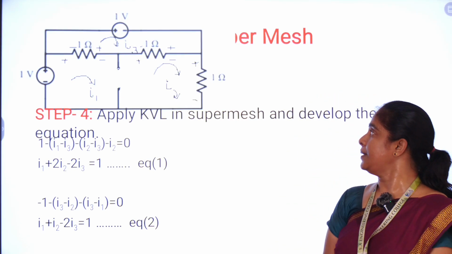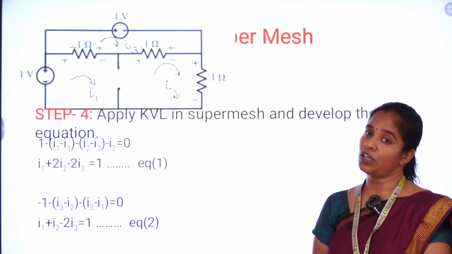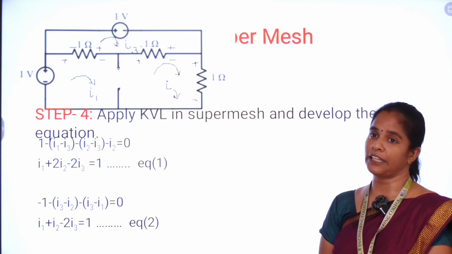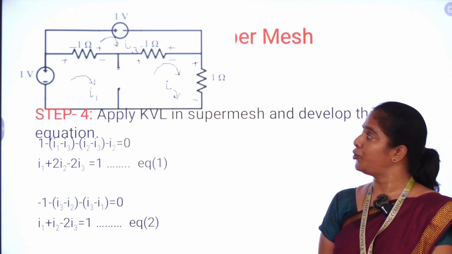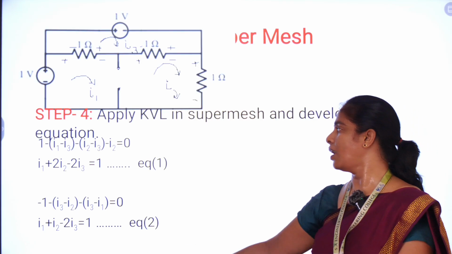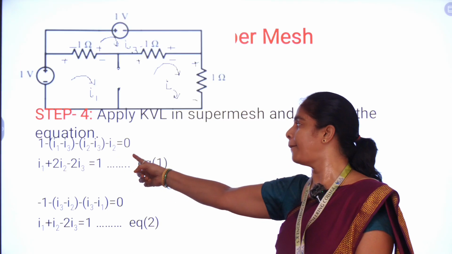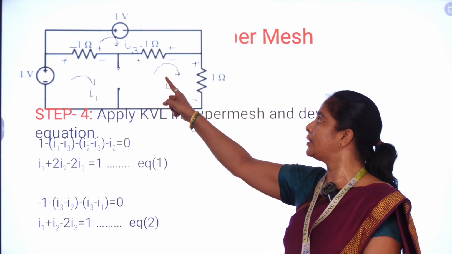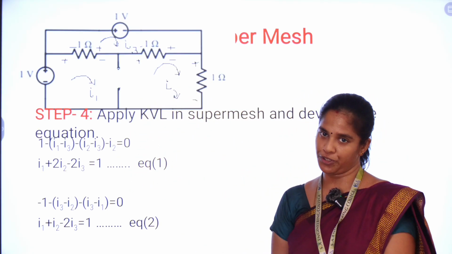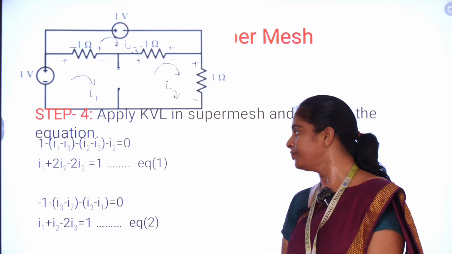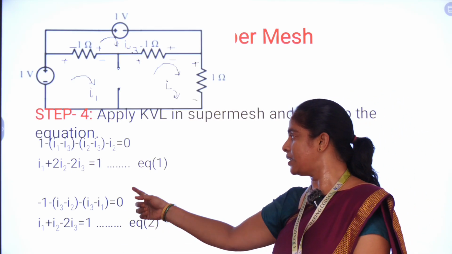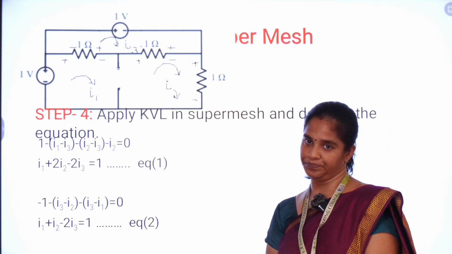Next we are going to see the third resistive element. The voltage drop across this element is nothing but R1 into I2. So we are having I2 here. So this is how we apply KVL in all the branches in the super mesh. So we obtain this equation, and by rearranging all the current components we are getting equation number 1.